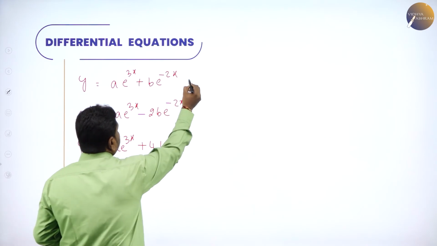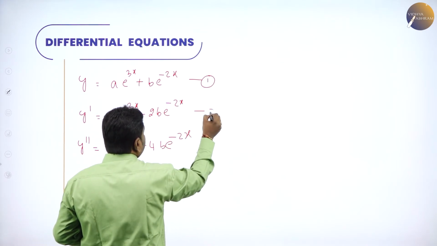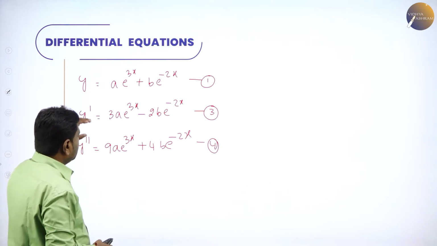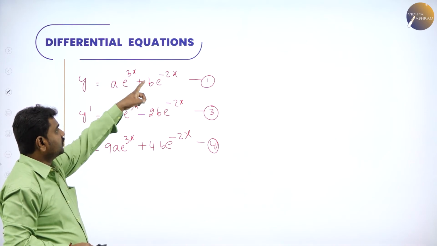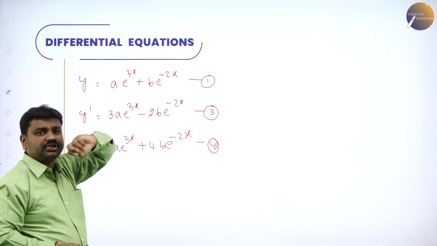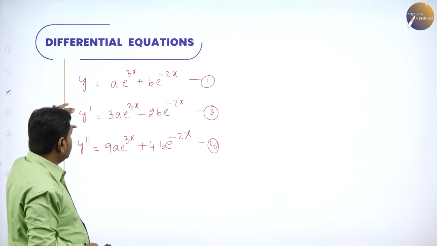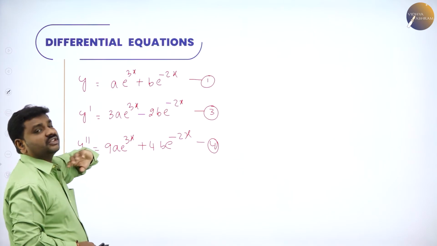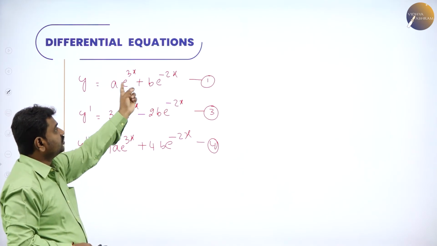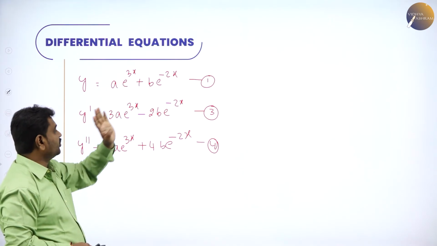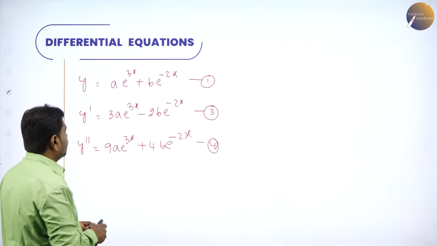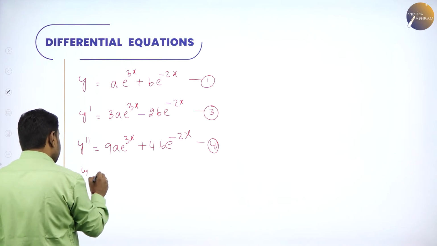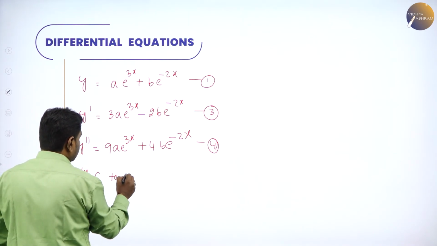So observe these simultaneous equations, use your brains to solve these 3 simultaneous equations. Now here if I add these two, 3 minus 2 is positive 1. So the quotient will be 1. 3 into minus 2 is minus 6. Minus of minus 6 is plus 6. So now what I should do, I'll multiply 6 to equation 1.